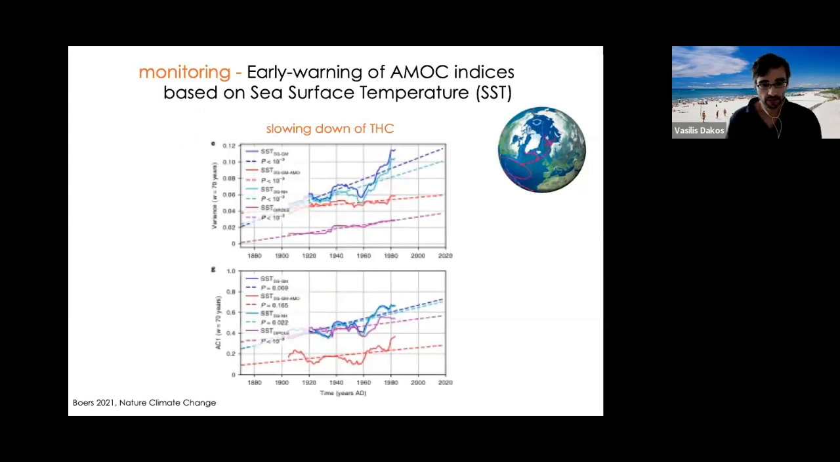Another example, very recently published and that has attracted a lot of attention, is the slowing down of the thermohaline circulation. This is the Atlantic circulation that brings warm water from the Gulf of Mexico to the north coast of Europe. And this is a circulation pattern that has been on and off in the past